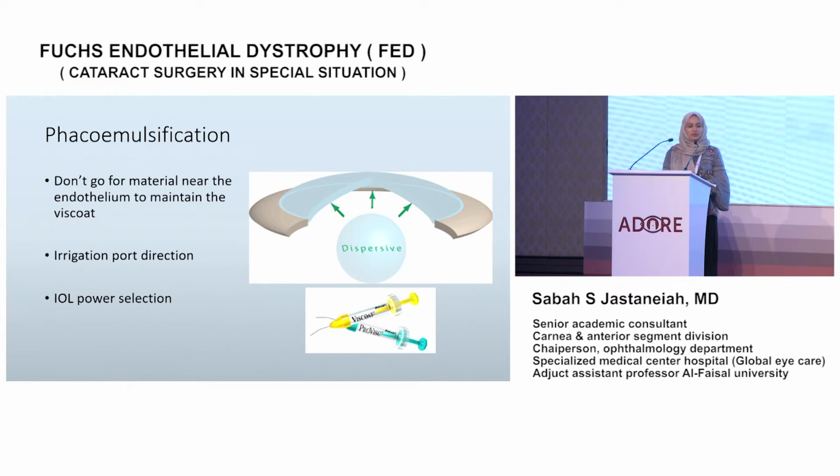Make sure the irrigation port direction is sideways. Sometimes when you're removing your phaco tip, it moves up and down vertically, and this by itself can cause harm to the endothelium. And of course, the IOL power selection: you go for a more myopic target if you're anticipating that you will have the endothelial